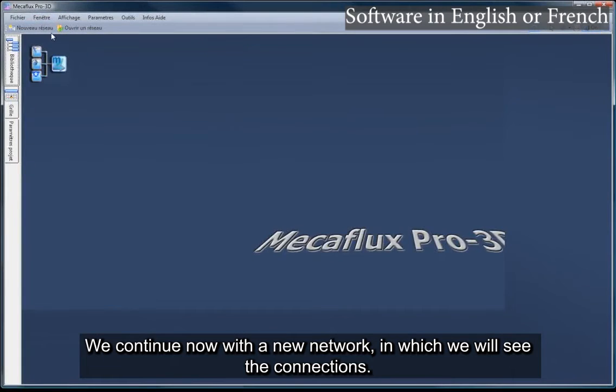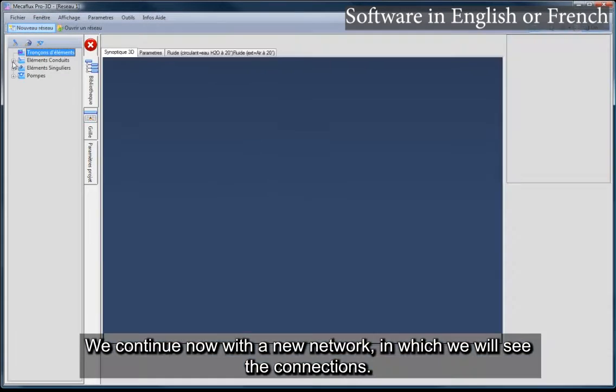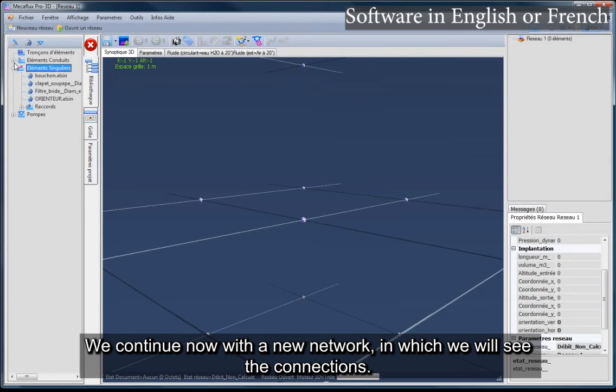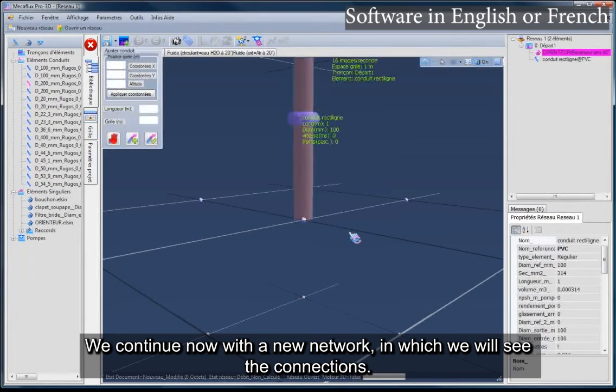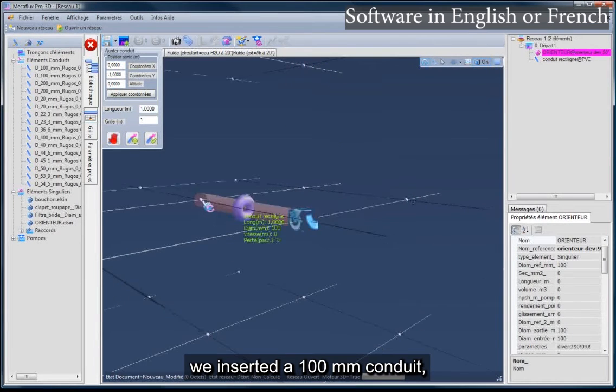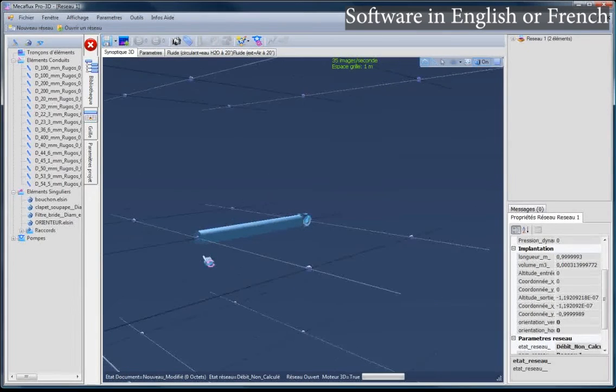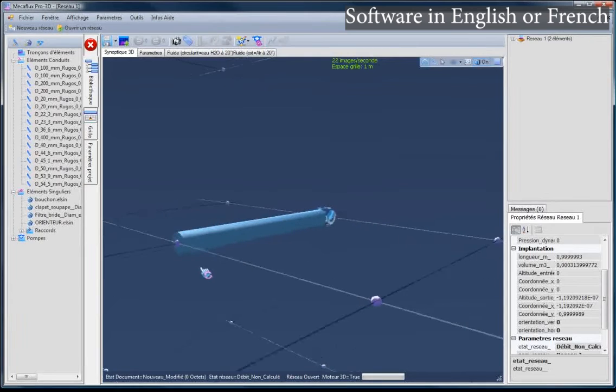We continue now with a new network, in which we will see the connections. We inserted a 100 mm conduit and see how to do it.